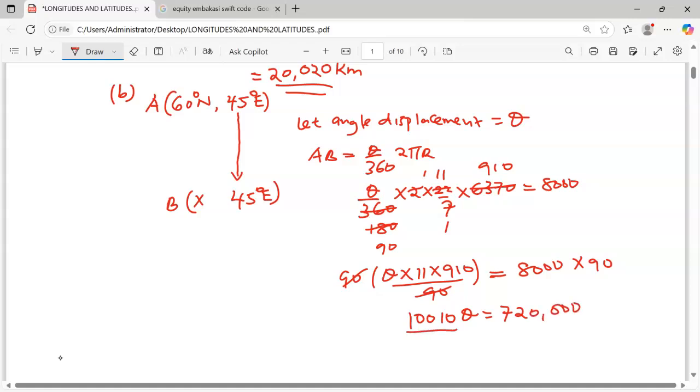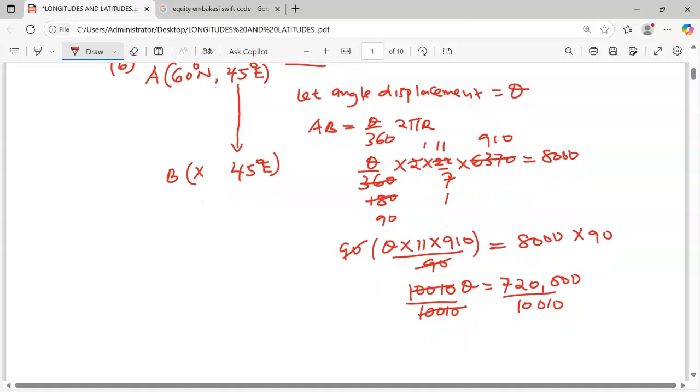We can divide both sides by 10,010, such that 10,010 and 10,010 goes. We are going to remain with theta, which is going to be equal to 720,000 divided by 10,010, and this translates to